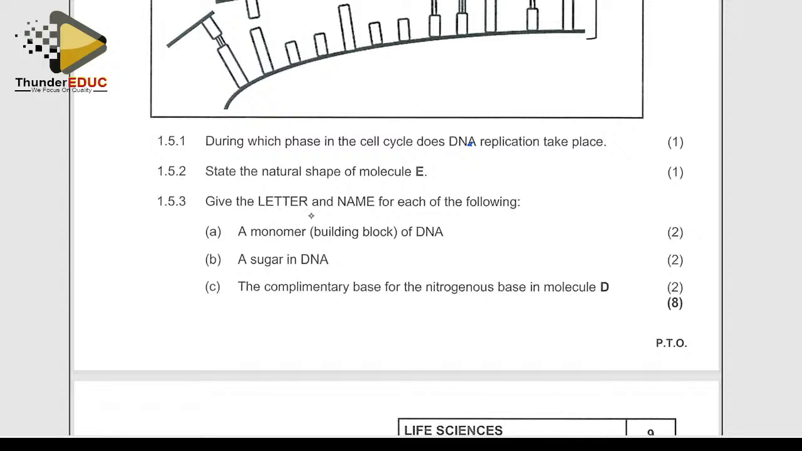They're saying give the letter and the name of... okay, sharp. State that we are done with this. Double helix. That's the answer. Name the letter and the name of